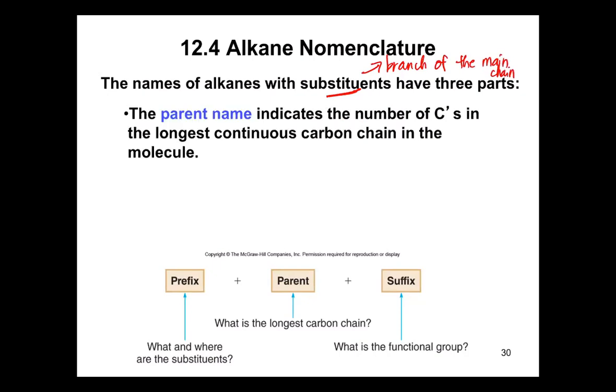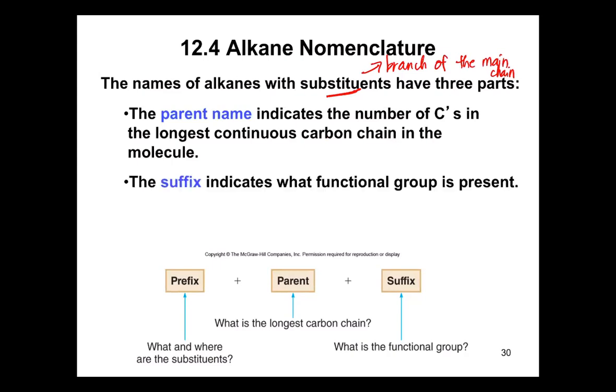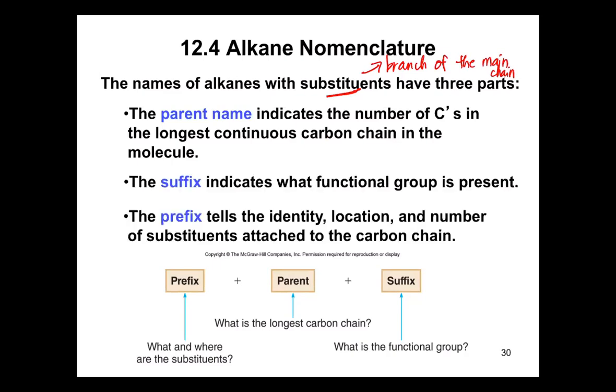Okay? So, ano ba yung meron sa names ng alkane? Syempre, you have the parent name. So, later I will be discussing how will you get the parent name, ano yung suffix, ano yung prefix. But always remember in this discussion, the suffix that we will be using would be A and E, kasi alkanes naman yung pinag-uusapan. Okay? So, yung names ng alkanes with substituents have the three parts: parent name, suffix, and prefix. Okay po. Baka may questions so far.